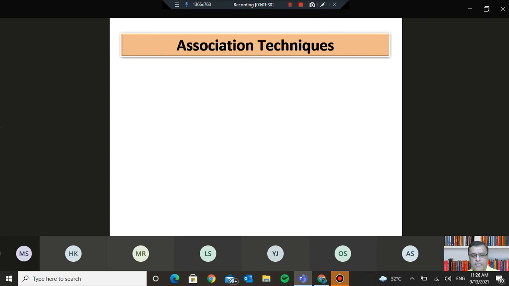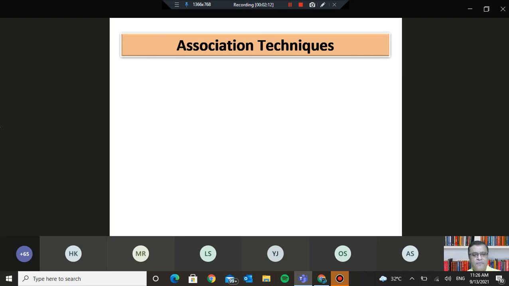Okay, now let us discuss the first type, that is the association techniques. In case of association techniques, I think some idea you may have got from the first part of this title, that is association. Here we will be presenting the individuals or our subjects with some stimulus, and what we expect is that the moment we expose that individual to that stimulus, some kind of response will be there.